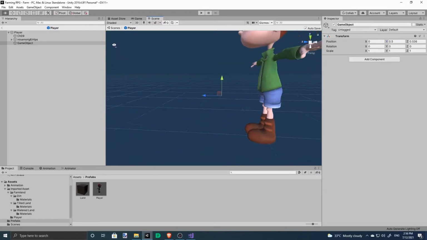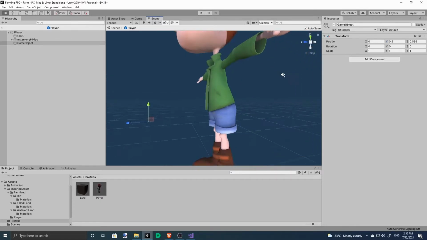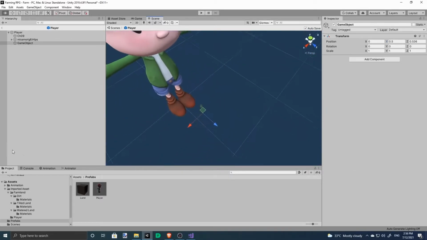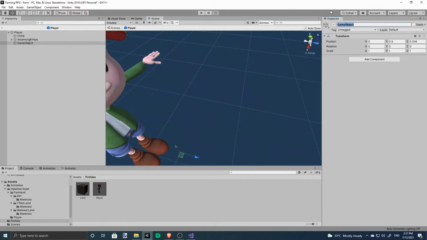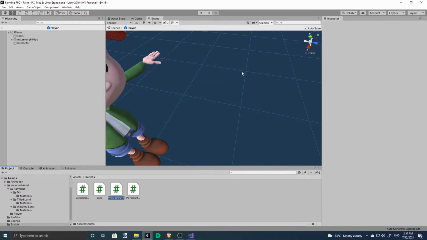So this thing is going to control the player's range. Call it the interactor. Let's create a new script to handle all the player interactions. Player interaction.